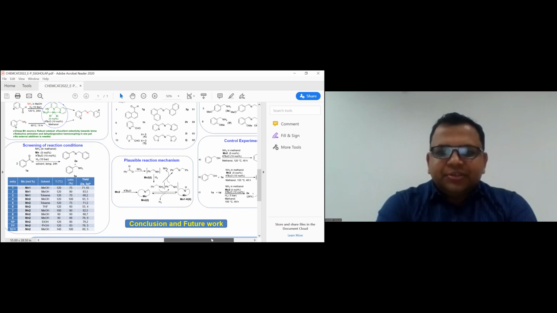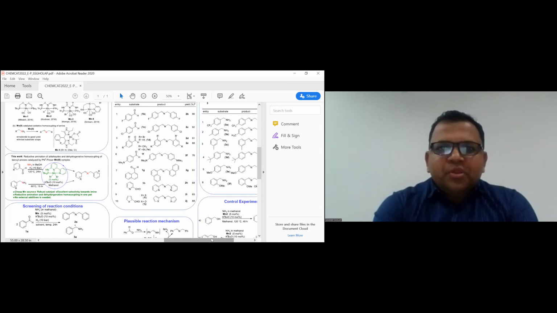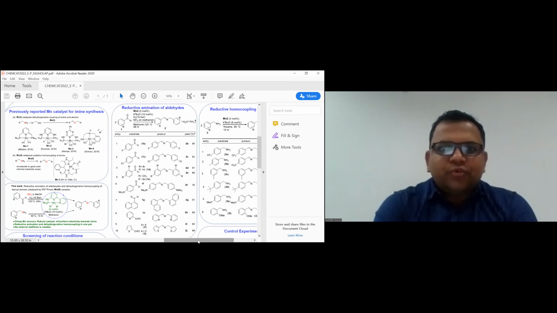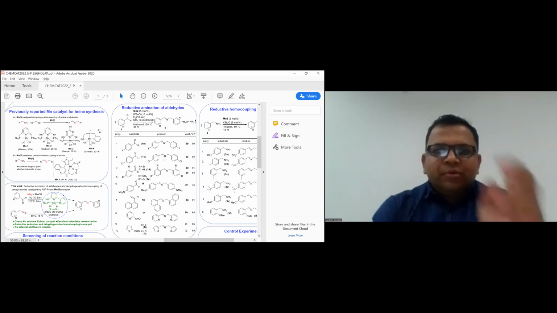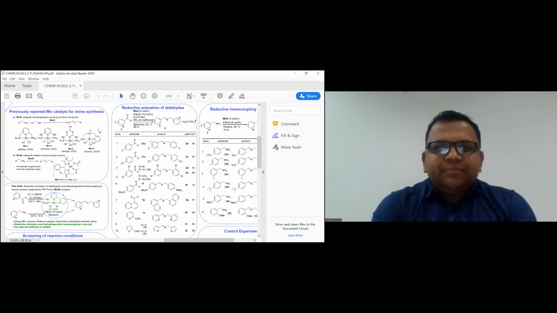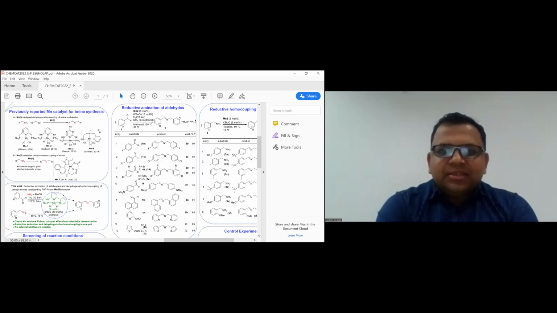So using this optimized reaction condition, we then tried to study the substrate scope of various types of aldehydes, which are directly converted into various types of these imines in the presence of ammonia as a source. And we achieve very excellent yield of direct homocoupling of this aldehyde into imine products. You can see the yield that we obtain is excellent to good under these conditions.